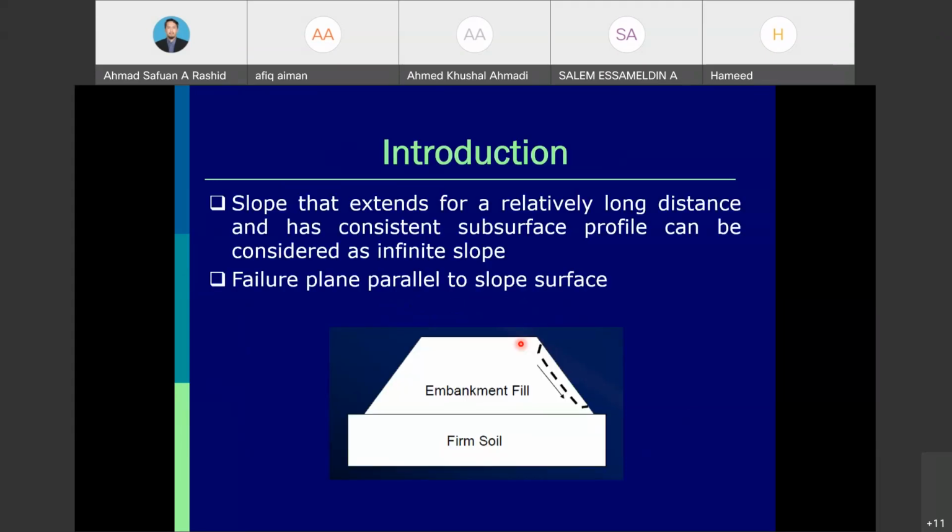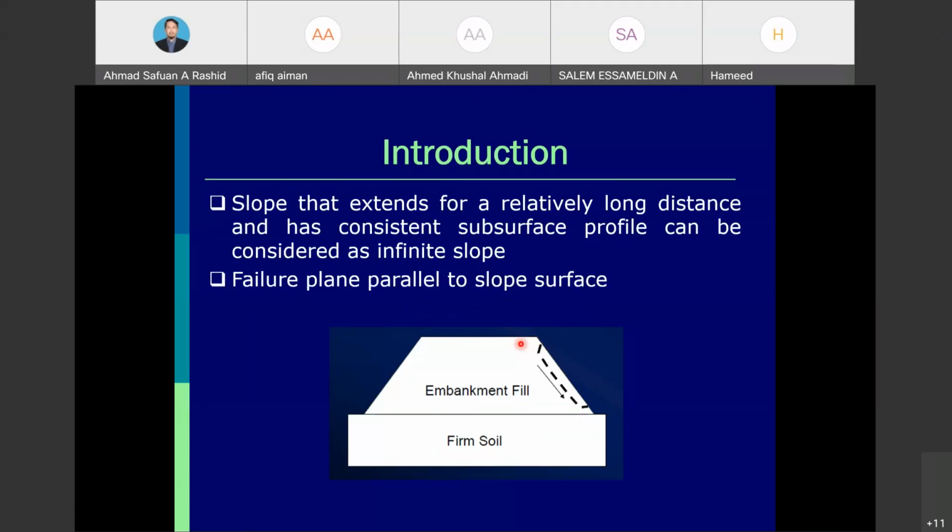Okay. So we look at the definition first. A slope that extends for a relatively long distance and has a consistent subsurface profile can be considered as an infinite slope. So that is for the first term. Normally infinite slopes,